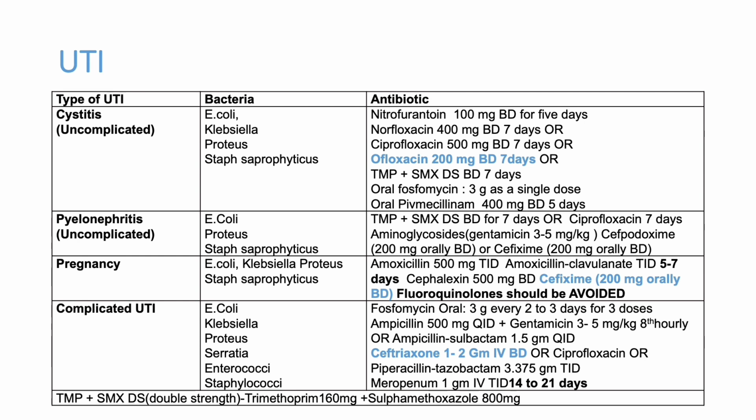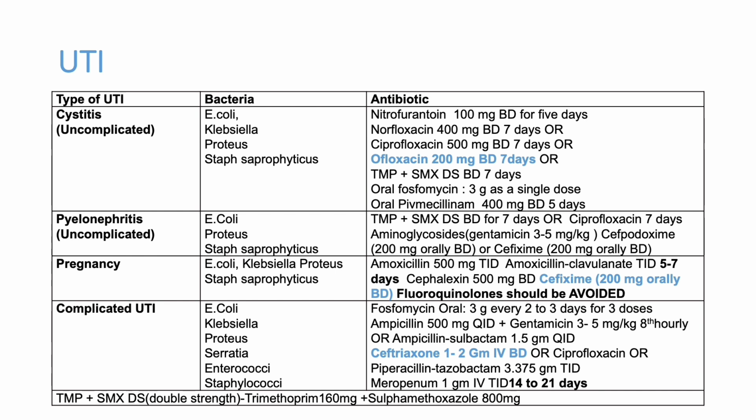So in patients who have structural diseases, chronic diabetes, uncontrolled diabetes, immunocompromised status, and male UTIs, we have to give for 14 days. In female simple cystitis or urinary tract infection, 7 days will be enough. Ideal drug is norfloxacin. If the patient is having more infections, we can go for ofloxacin. Ofloxacin 400 milligram OD is available, or 200 milligram BD also can be given.